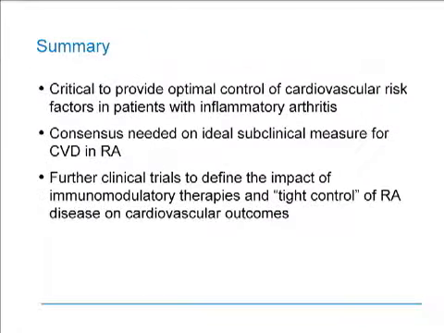So in summary, it looks like it's critical to provide optimal control of cardiovascular risk factors in patients with inflammatory arthritis, just as we do in the general population. There needs to be some consensus on the ideal subclinical measure or predictor of cardiovascular disease, and I hope that I've shown you some useful predictors from this meeting. And further clinical trials would definitely benefit us in defining the impact of immunomodulator therapies and tight control of RA